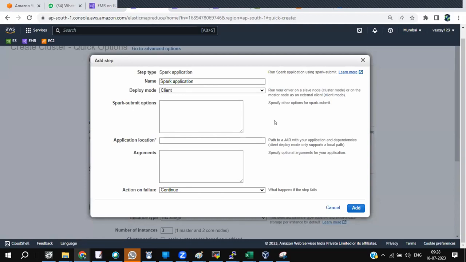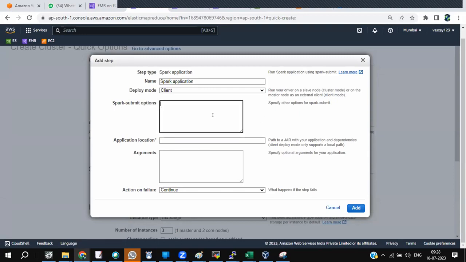If I have multiple jobs, the edge node or master node doesn't want to take the burden. That's the reason I assign one among the cluster nodes.